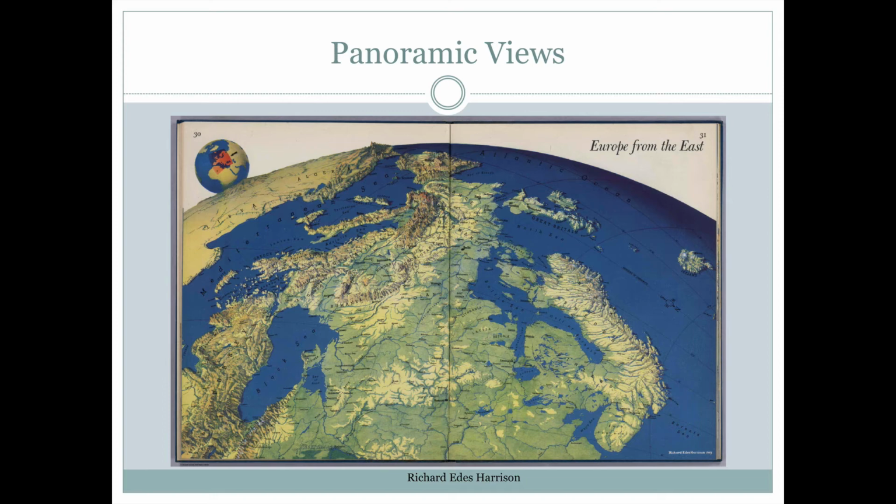This is another panoramic view, by another famous artist who did hand drawings, Richard Edes Harrison, and this is showing a view of Europe from the east. So we're looking out across Europe in this direction here, and it's a unique view because we're seeing both the global perspective here, we can see the edge of the globe, and we're also seeing the mountains in 3D, and even some of the mountains are actually sticking up a little above the globe here. So obviously a lot of vertical exaggeration on the terrain,